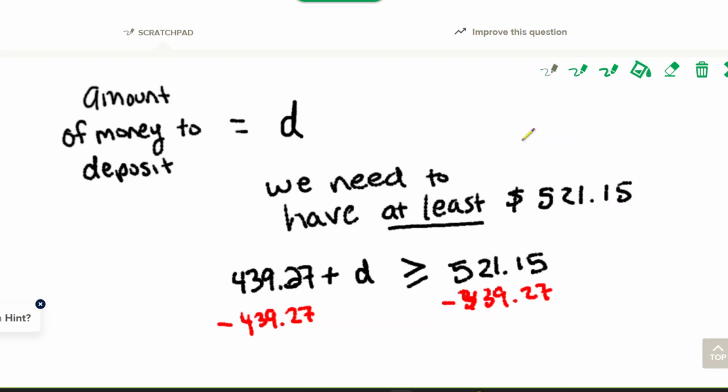And remember earlier, when you add or subtract, we didn't do any examples of this yet, but I said this earlier: when you add or subtract the same number to both sides of an inequality, nothing changes. The inequality symbol does not change. There is no flip. It's only when you multiply or divide by the same negative number on both sides. All right, so now on the left we have this deposit amount D is greater than or equal to,